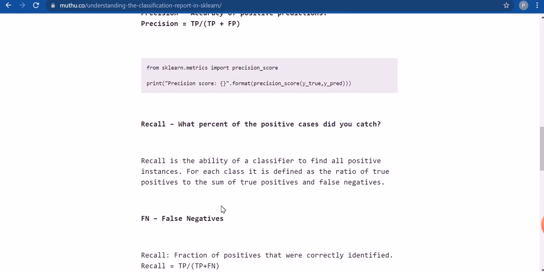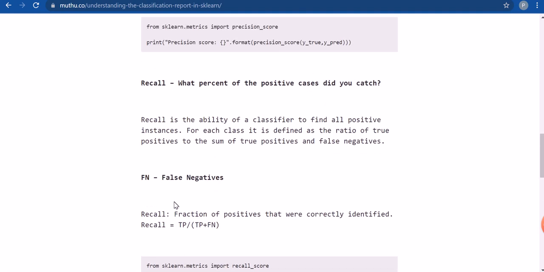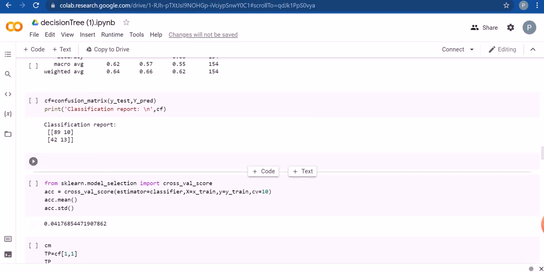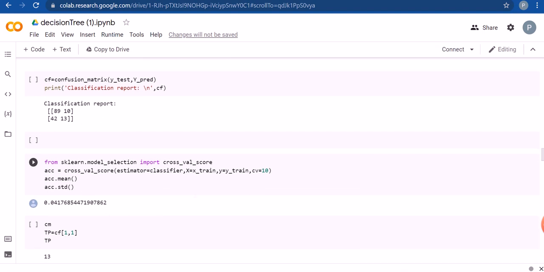Now over here we are going to use the recall and F1 score, wherein the recall suggests what percent of the positive cases we caught. That is, out of all the positive cases, how many were we able to actually predict. And the F1 score, it predicts what percent of positive predictions were correct. That is, out of all the positive predicted patients, how many of them were truly positive. So over here we can see that we use the